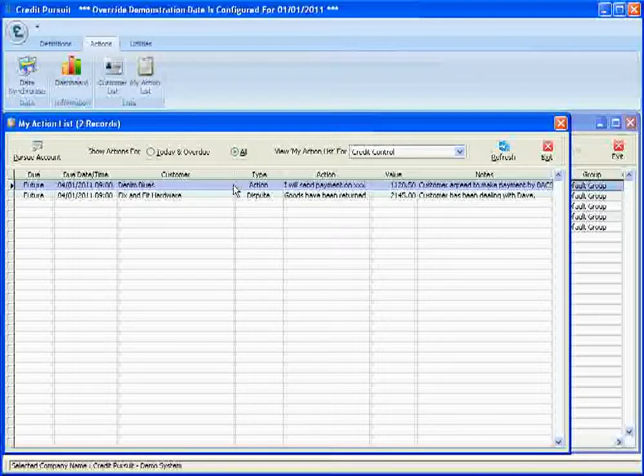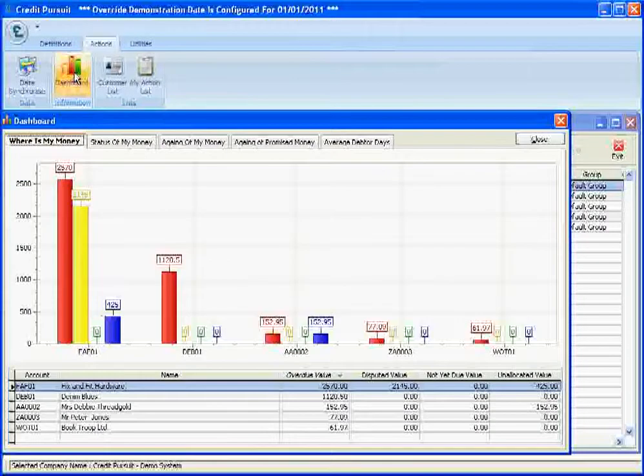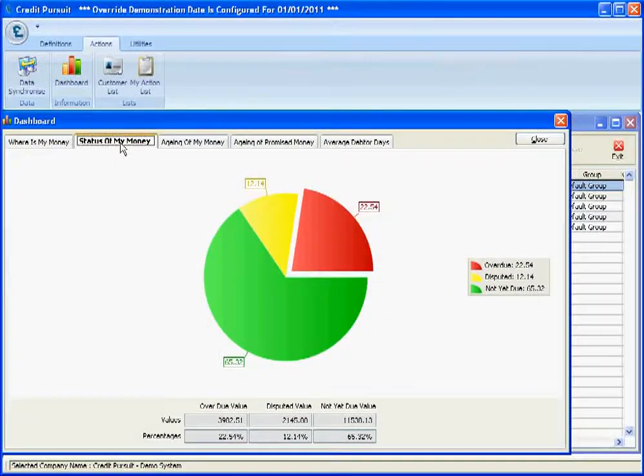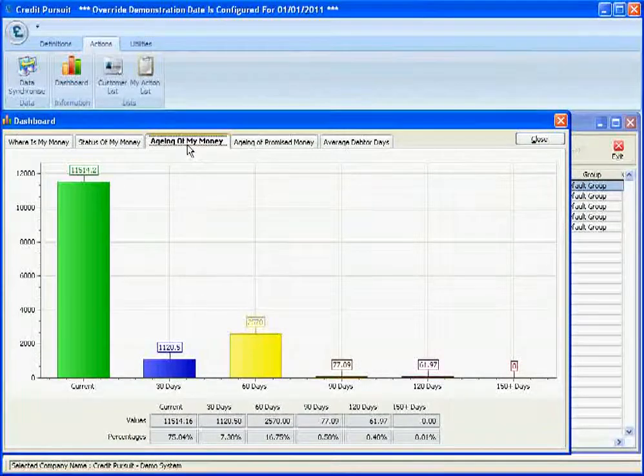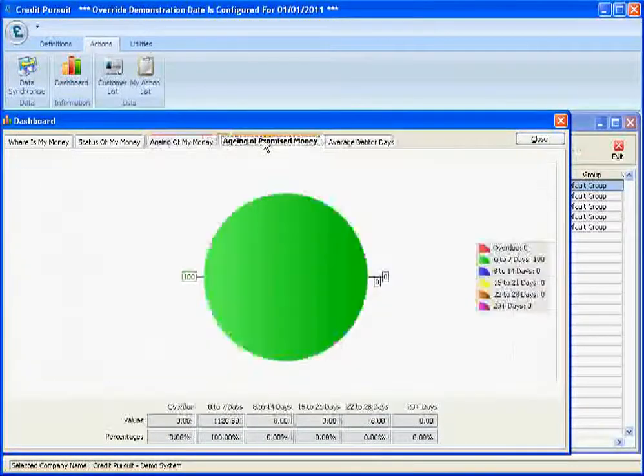The last area of Credit Pursuit I want to show you today is the dashboard. The dashboard gives you high-level, at-a-glance information about your company debtor situation, from the list of your top 5 overdue accounts, what percentage of your money is overdue or disputed, the aging of your outstanding debts, the aging of any promised money, and also the average